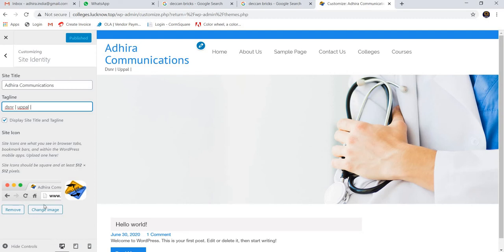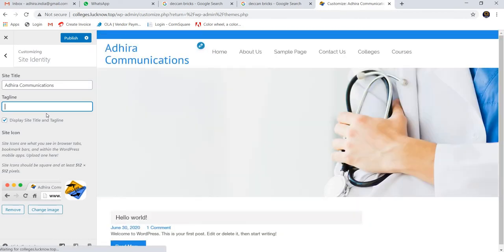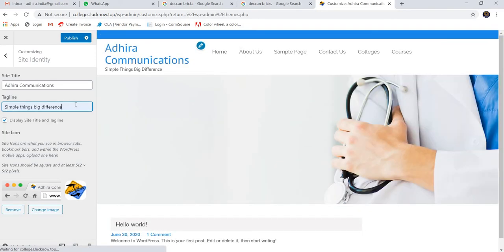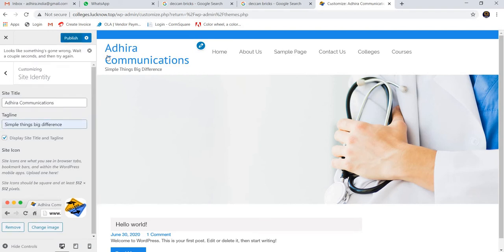Once all these details are filled, you just need to click publish over here. I'll show you how we can change. Once I have updated, making changes to anything, even one change we have done, we need to click publish. If not, the changes may not appear in our website. So as soon as the changes have been done, we need to click publish. Once it has been published, we can see it in our website.